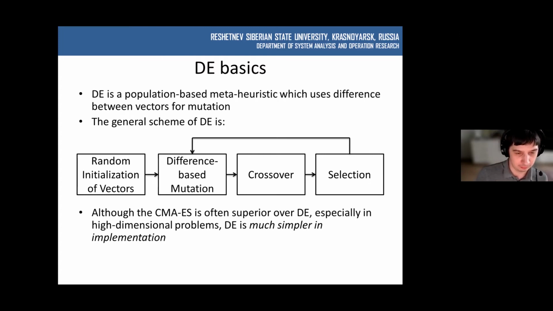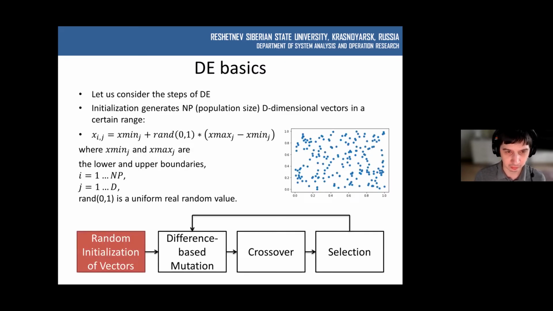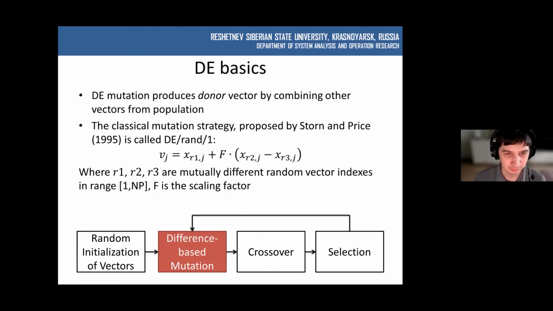So one of the main advantages, it is easy to implement. It's very simple. But let us start with initialization. Usually it's a simple random generating of points in the search space. Of course, it depends on the problem, but this is how it is usually done. If you have some area, you simply initialize random points. Okay, nothing very interesting here.